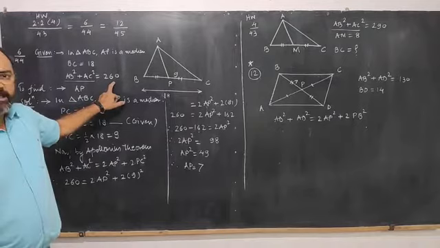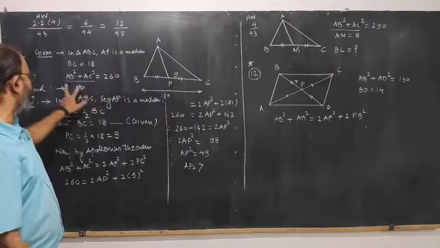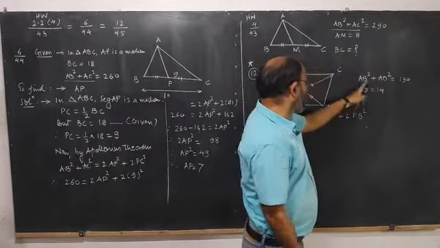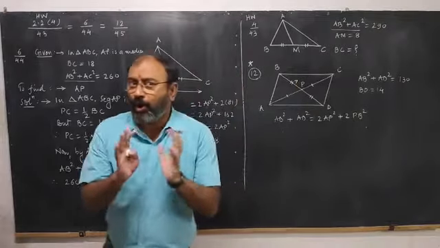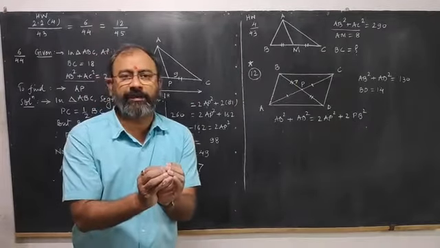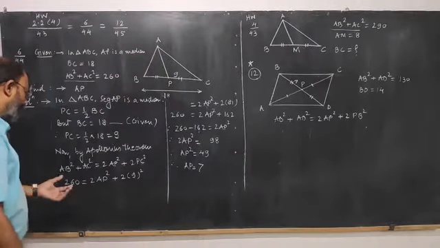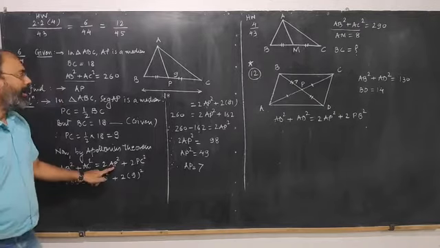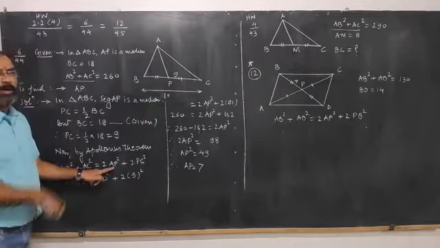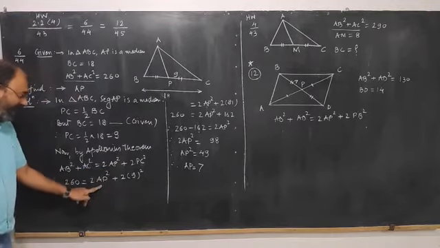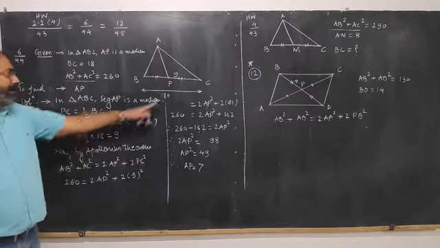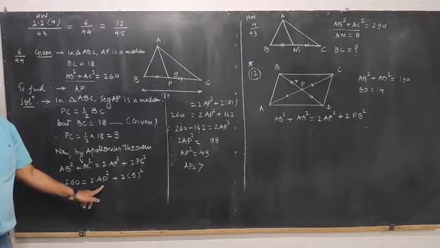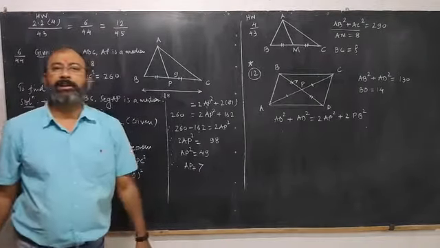Now this is the same link in all the three problems. AB square plus AC square is 260, AB square plus AC square is 290, AB square plus AD square is 130. So all three have the same information given. Therefore they are similar examples. Putting the value 260, twice AP square. The question says find AP, so we keep AP as it is. PC is 9, so put that value here. Now in this equation there is only one unknown. Simplify, get the value of AP, it comes out to be 7.